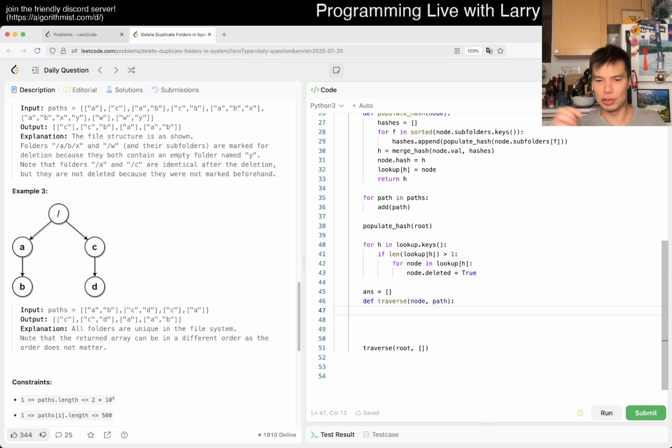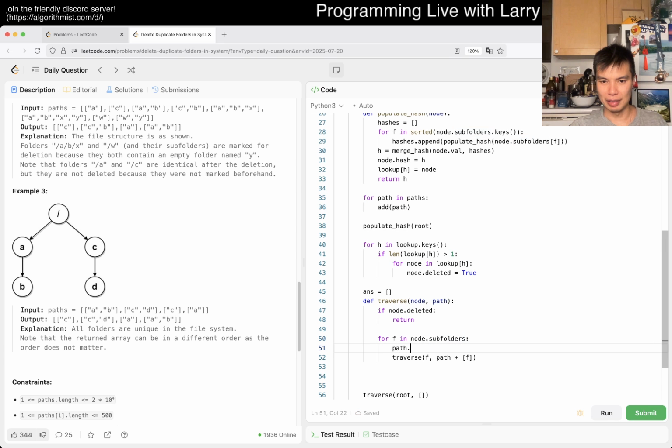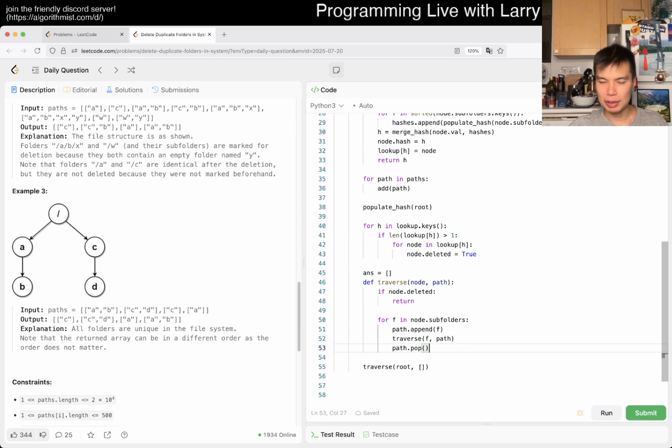Yeah, and this is just a regular tree traversal. Okay, so if answered or if node.deleted, we return. Otherwise we just do for f in node.subfolders, traverse f and then path add f or something. Or maybe it is actually cleaner if I put it in a backtracking kind of way, instead of creating new objects, which is what I was doing. But it shouldn't matter, only because this suggests that answer.append,